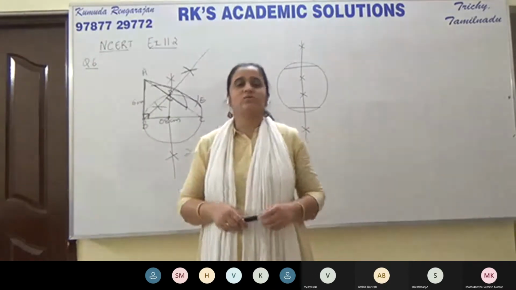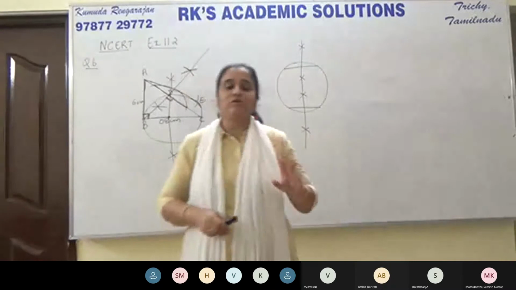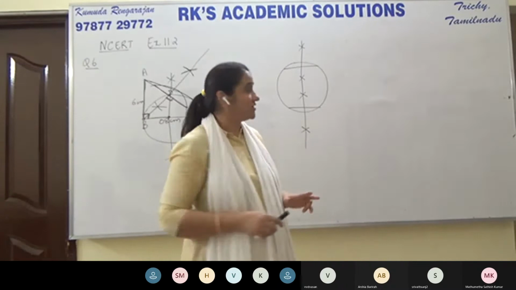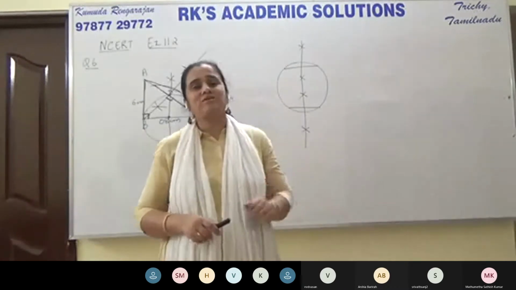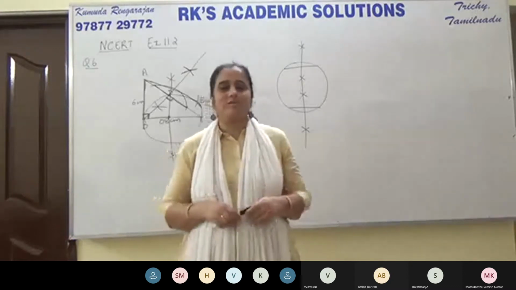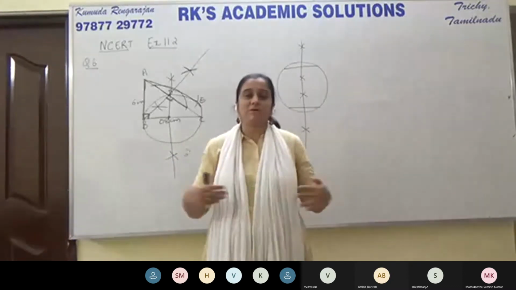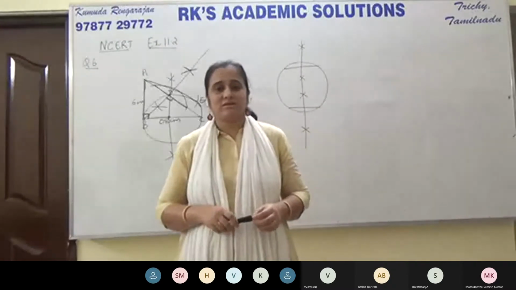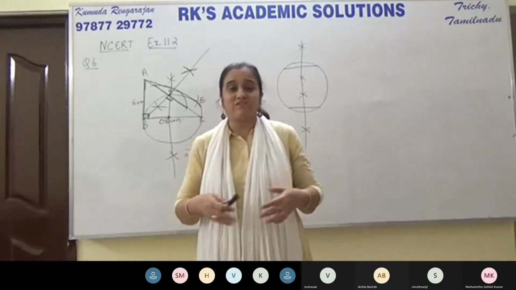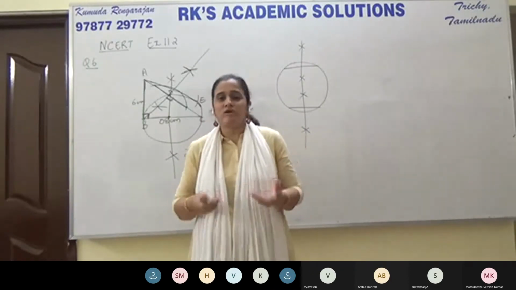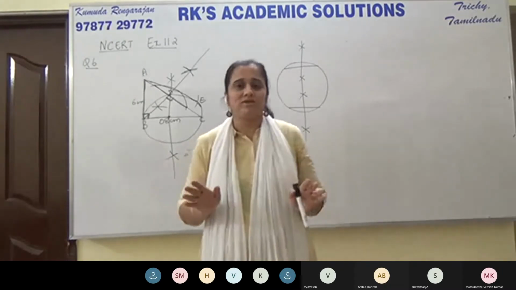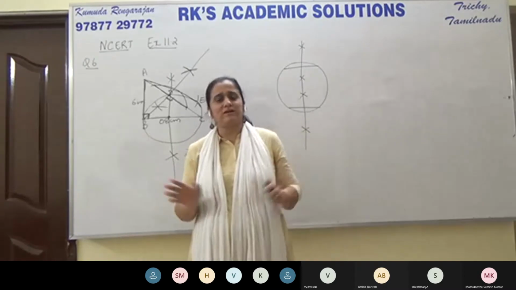So the center of the circle is the point of intersection of the perpendicular bisectors of any two non-parallel chords of the circle. If the chords are parallel to each other, you cannot locate the center because their perpendicular bisectors will be coincident. Meaning you consider two chords but by chance they happen to be parallel. You have not intentionally taken two parallel chords. Simply we take two chords, and they happen to be perfectly parallel to each other.